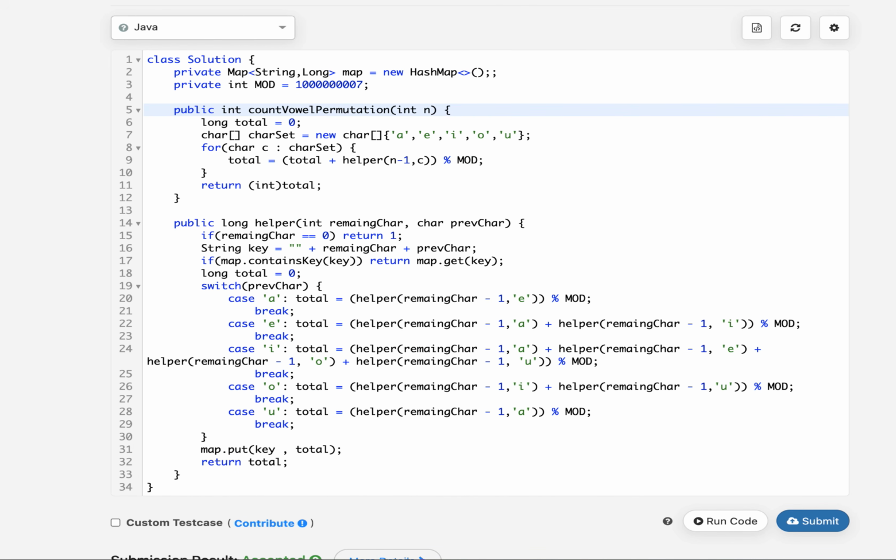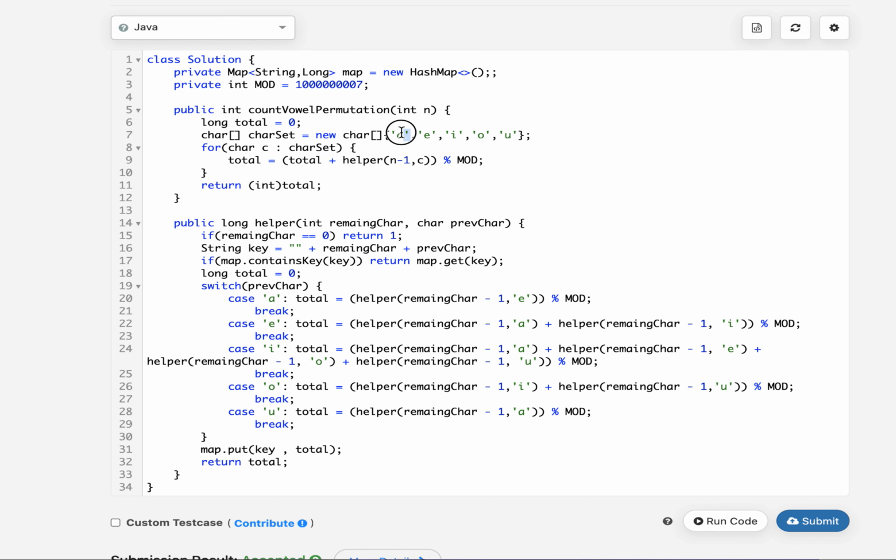I'll explain the map part later on, but let's try to understand the core logic. I defined a char set that states all the possible characters that could be there in the output string, and I start generating the count starting with each of these characters.